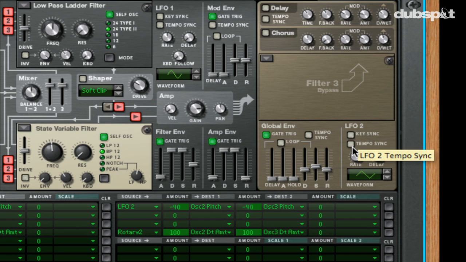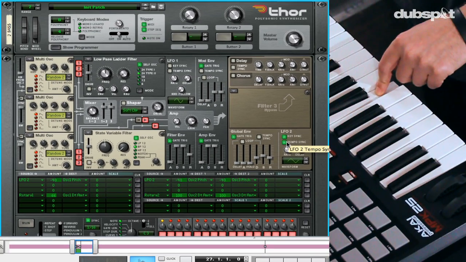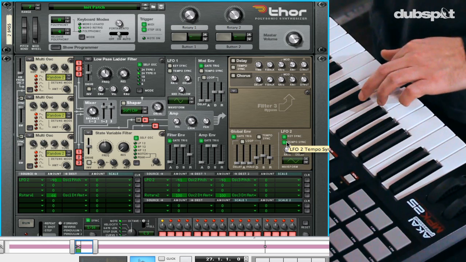So he's using a faster rate, and he's also using a different wave shape. My guess is probably a triangle. So I'm going to set Ep.4 to the triangle, set it to tempo sync, and I'm also going to set it to key sync. Then I'm going to set my rate to 8th note triplets. And now if I strike the key,